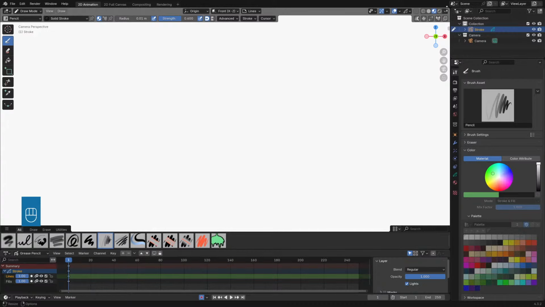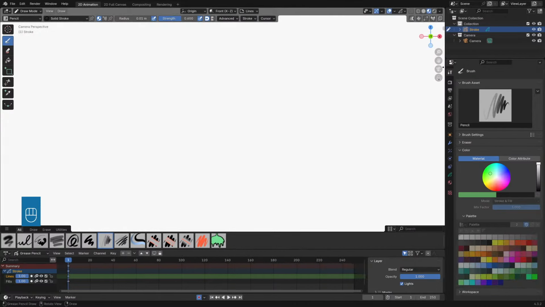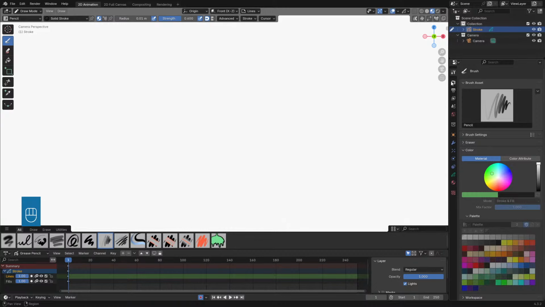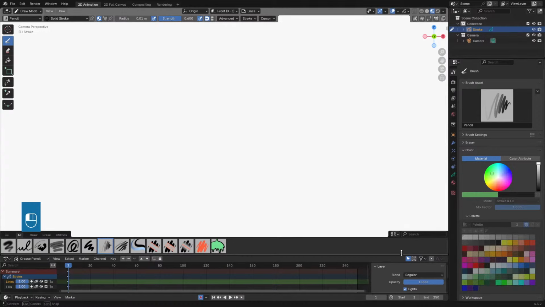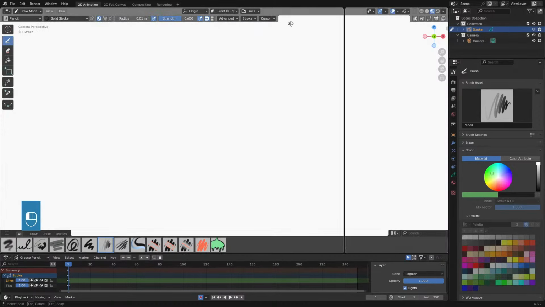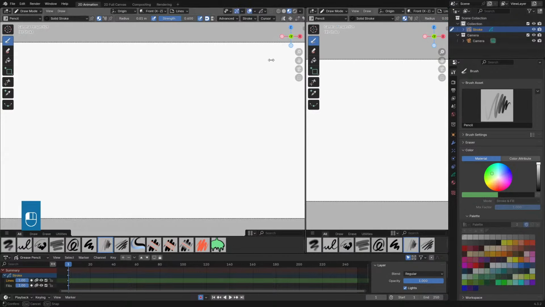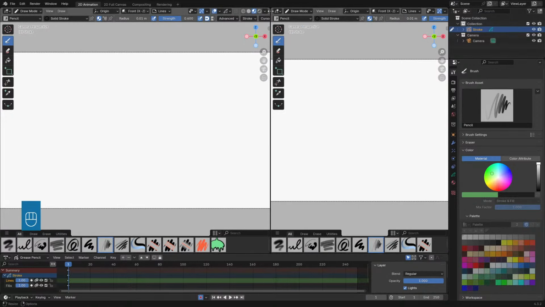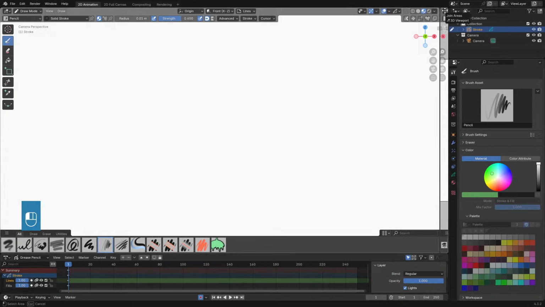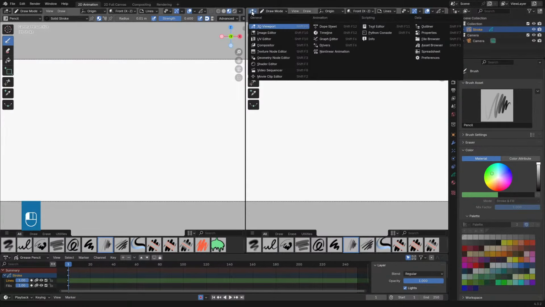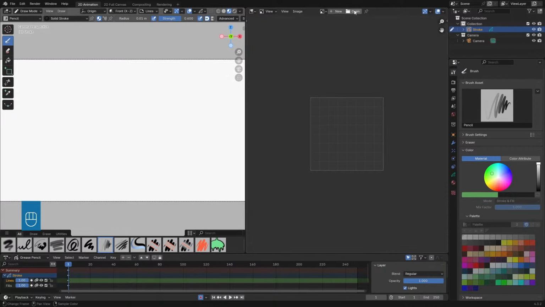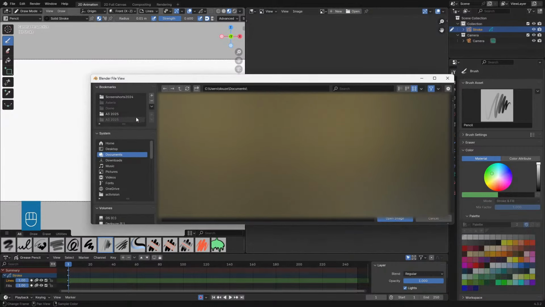And now, the interface of Blender is completely customizable. Of course, I will try to explain a few things for the beginners, but not spend too much time on basic stuff like the interface, because you can still find more documentation about that. So I'm just creating a new panel here by stretching this, or I can close it like this, and then I will use the image editor and take my picture as a